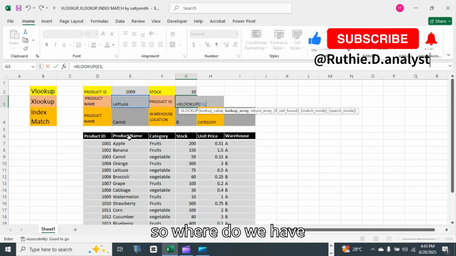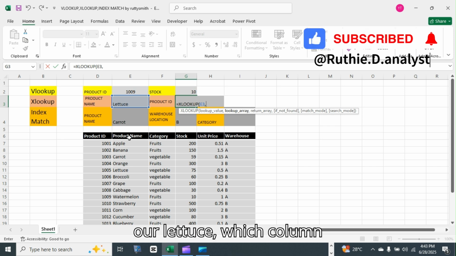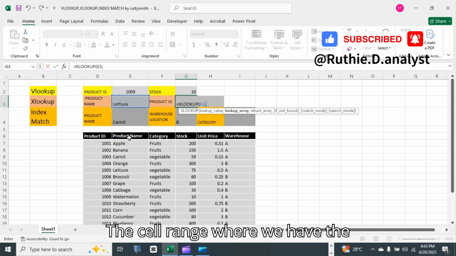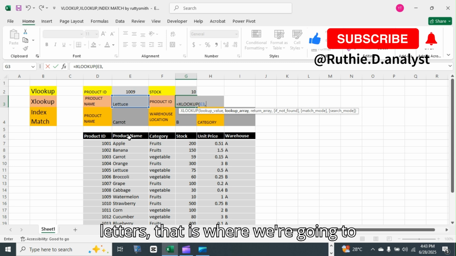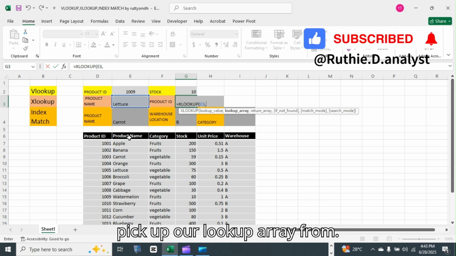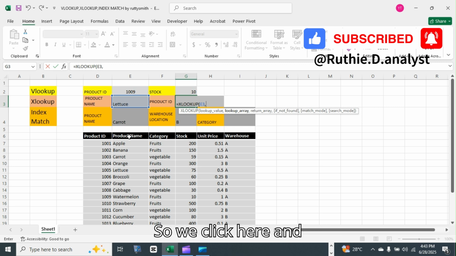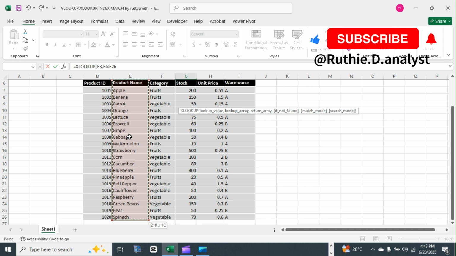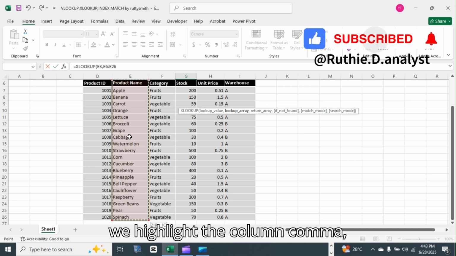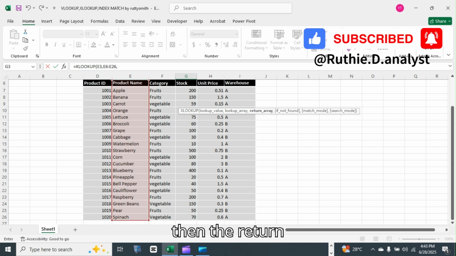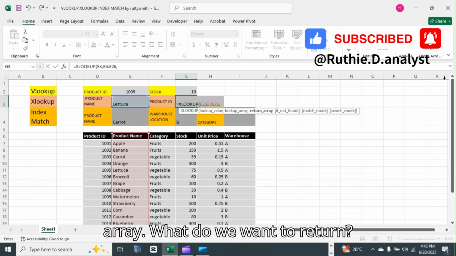Where do we have our lettuce? Which column? The cell range where we have the lettuce. That is where we're going to pick up our lookup array from. So we click here and we highlight the column, comma,